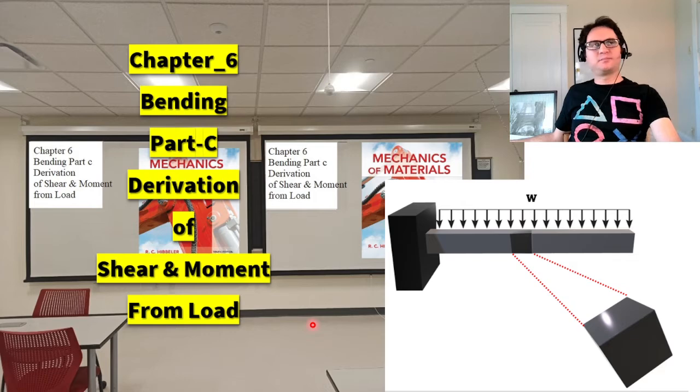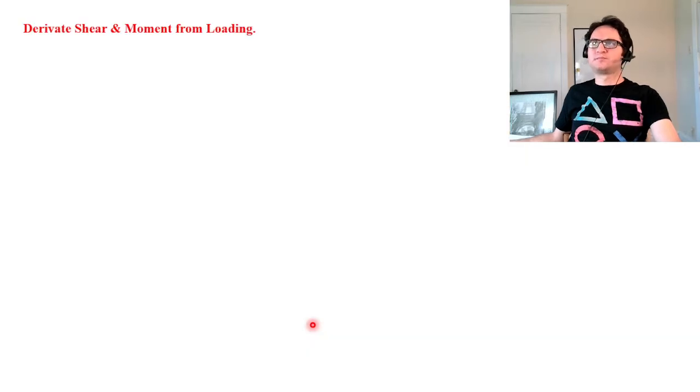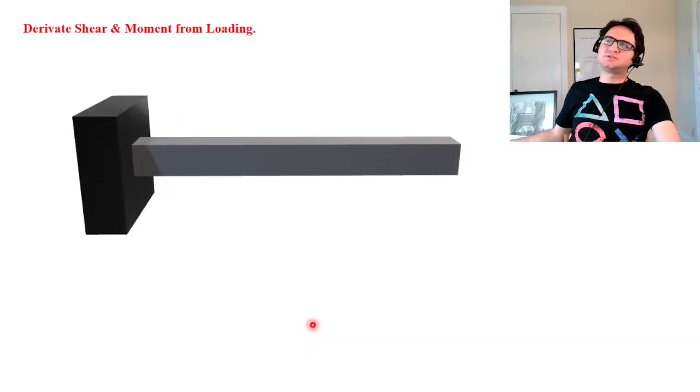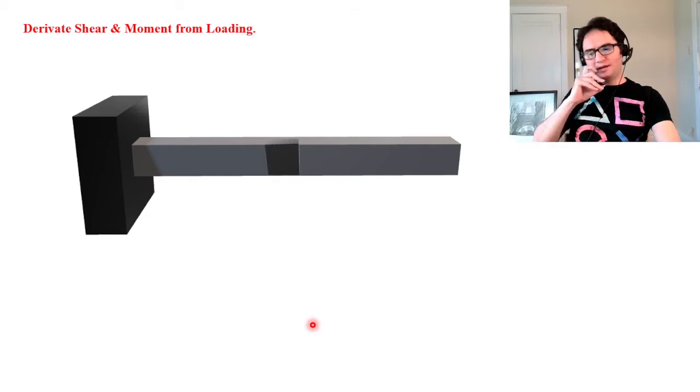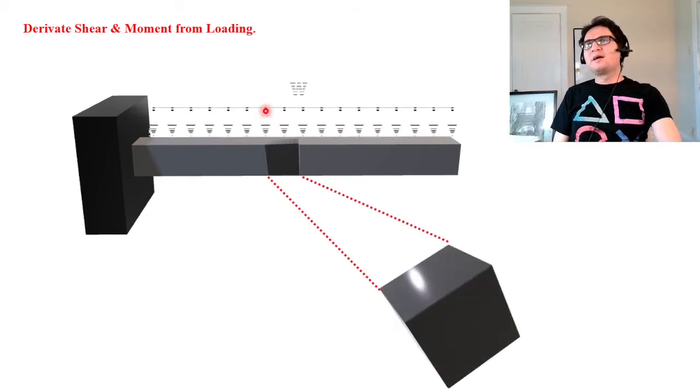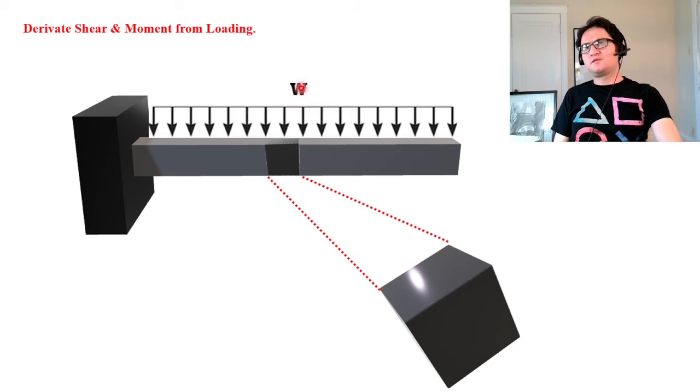Chapter 6, Bending, Part C, Derivation of Shear and Moment from Loading. Just consider we have a cantilever beam handling a distributed load of w, and we just want to observe the effect of internal loading on this cubic